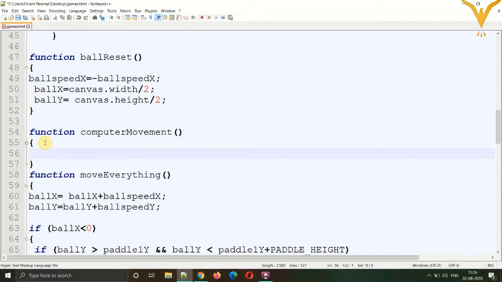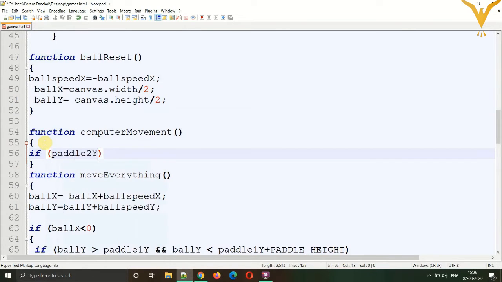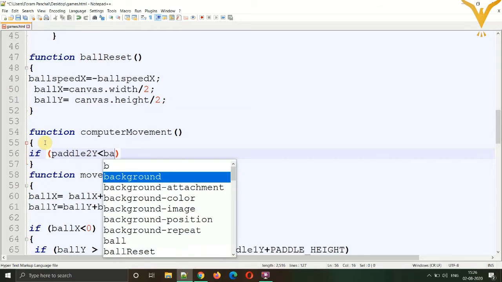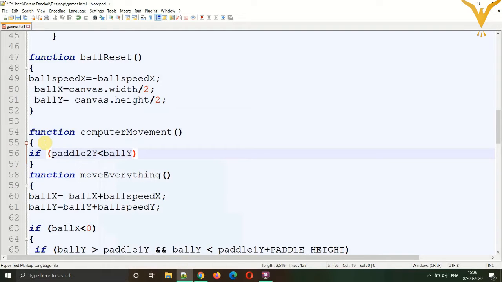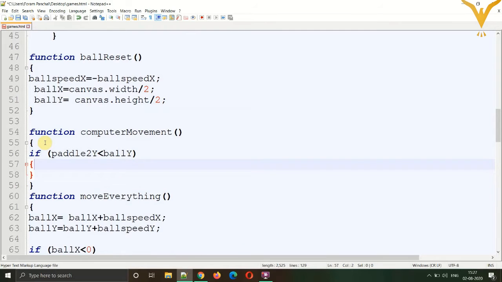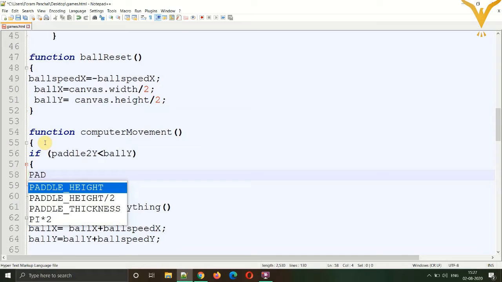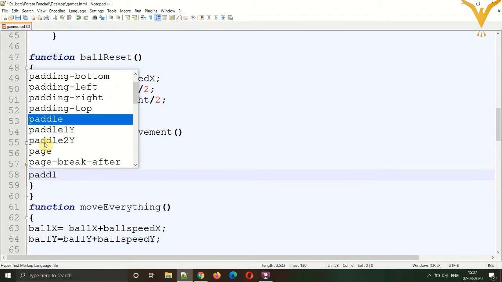First of all, we'll set up a condition. If the position of the paddle to Y is less than, which means it is above the ball's vertical position, then it should add some amount to its value, so it's increased.